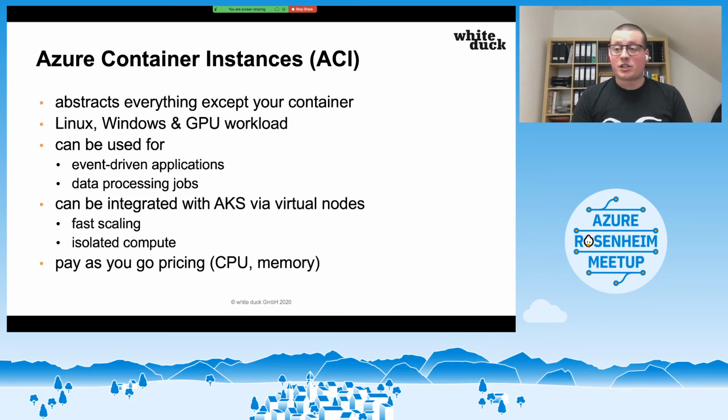So next to Azure Container Registry, we have Azure Container Instances, ACI, which is a, let's say, serverless option to run containers. With this service, you're just thinking about your container images, telling Azure, hey, I would like to run this container image, and that is it. You don't need to care about the underlying OS. You don't need to care about how you could scale this out. You don't need to care about VM sizes and stuff like this. So it's just defining an image, defining a tag, defining the resources the container should have,